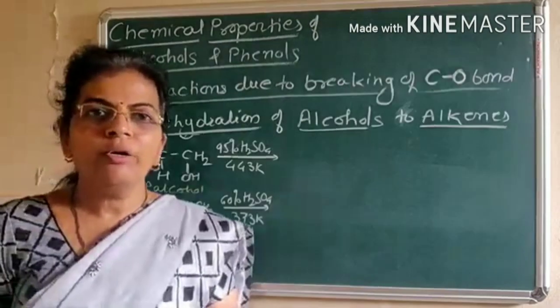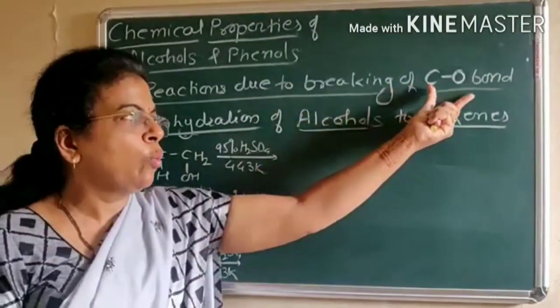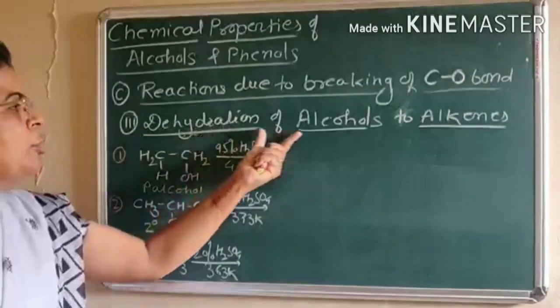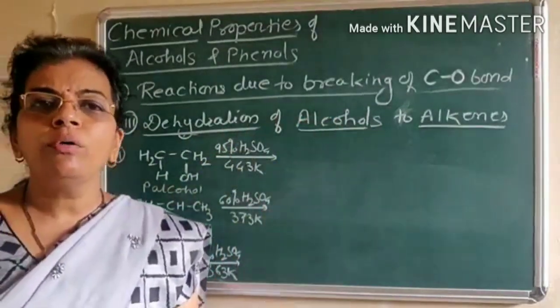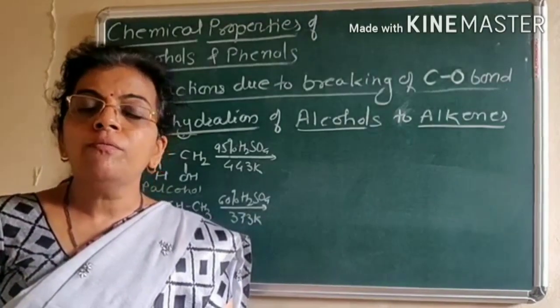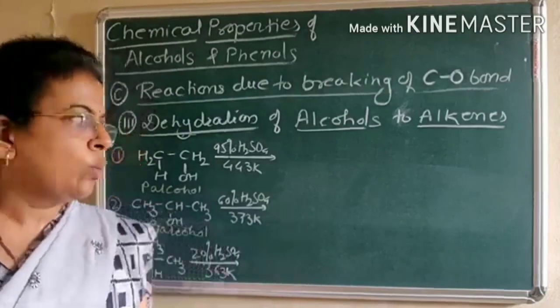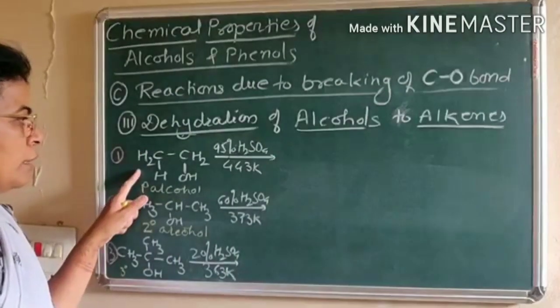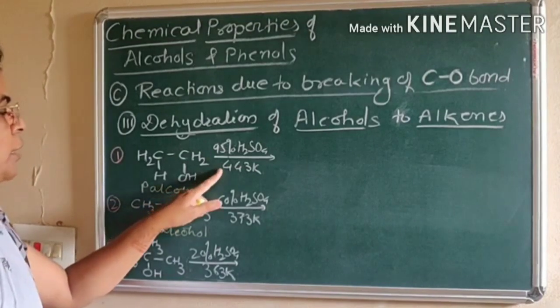Third reaction we are going to see under the reactions involving breaking of the C-O bond. Here, dehydration of alcohols to alkene. Now these reactions we have seen in 11th standard in the preparation of alkenes from alcohols. Alkenes are prepared by using alcohols. Now here this is primary alcohol. When this primary alcohol is treated with